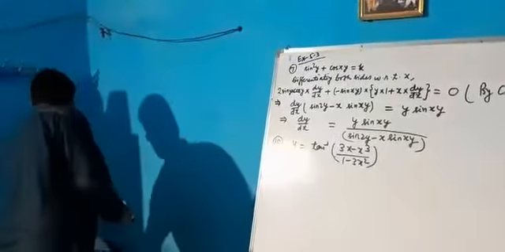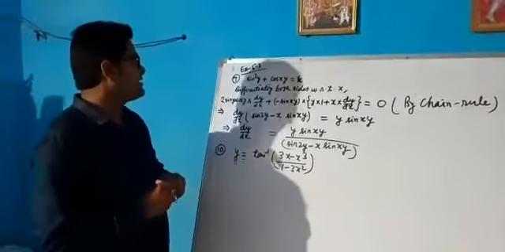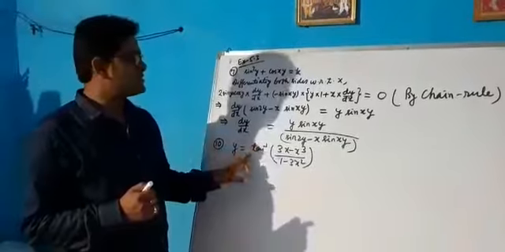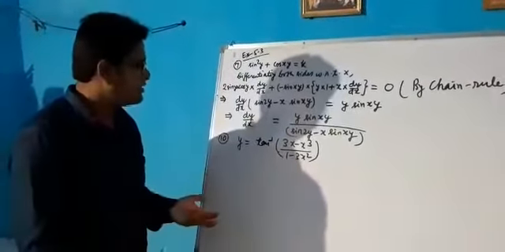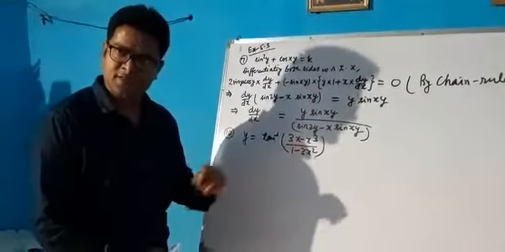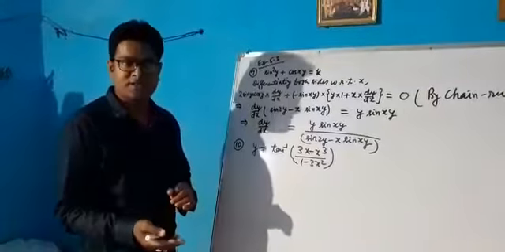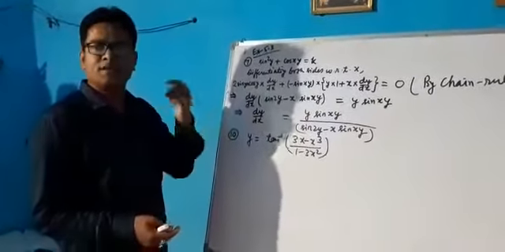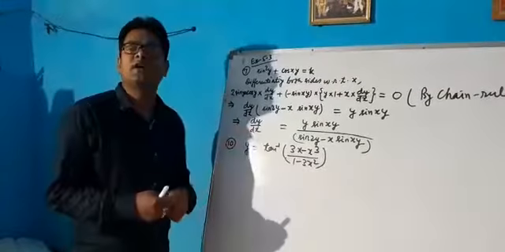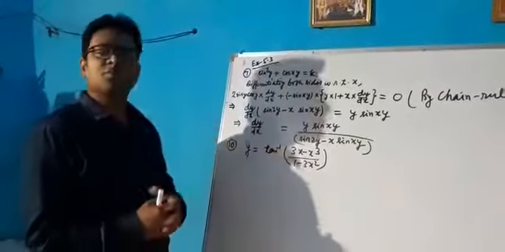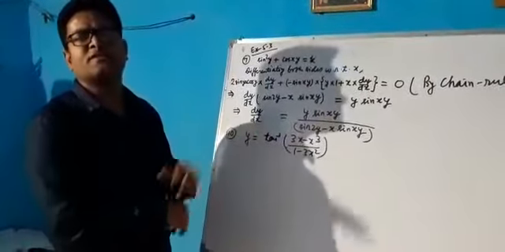Now, there are two methods to solve this type of question. First method is, again apply this chain rule. Tan inverse of 3x minus x cube by 1 minus 3x square is a function of 3x minus x cube by 1 minus 3x square, and then that is a function of x. So you can apply that method, but that method may be lengthier. So whenever we are considering the inverse trigonometric functions, it is better to substitute rather than to directly differentiate it.